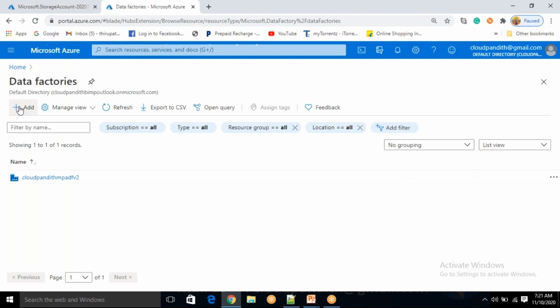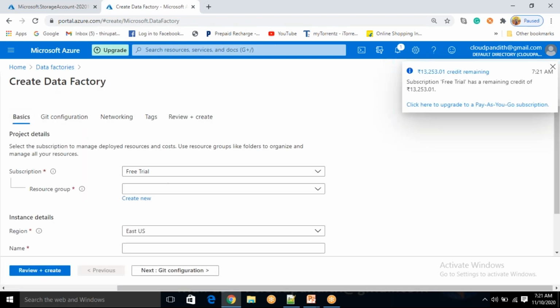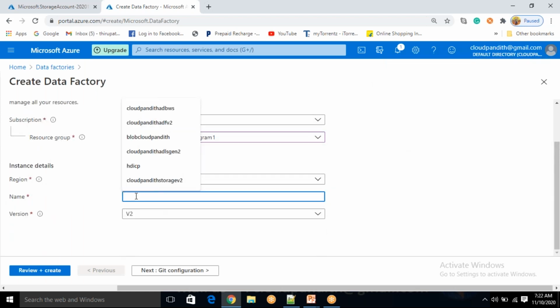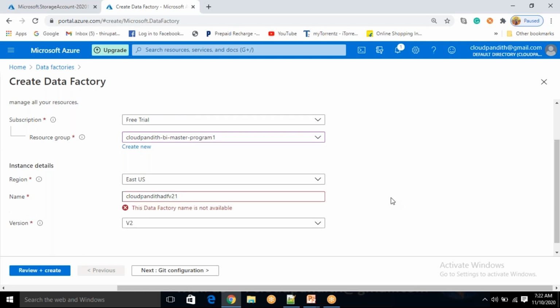Let's click add to create a new data factory. For the resource group, I will select the one from before and the region East US. My data factory name I will set as cloud pandit V21. Version 2, this is 1 because we already have a V2 data factory, but I'm going to use V21.